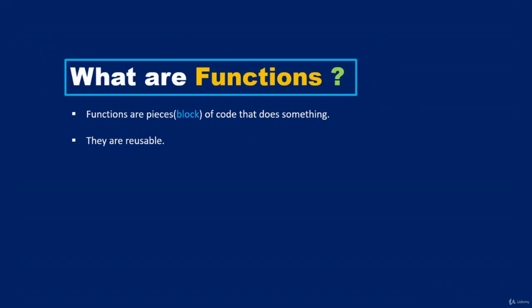Once you've created a function, the function does nothing until you activate or call the function. The process of activating a function is also referred to as executing or running a function. And you do that by calling the function with its name. So whatever name you've given your function, if you want to activate or execute it, you need to call it